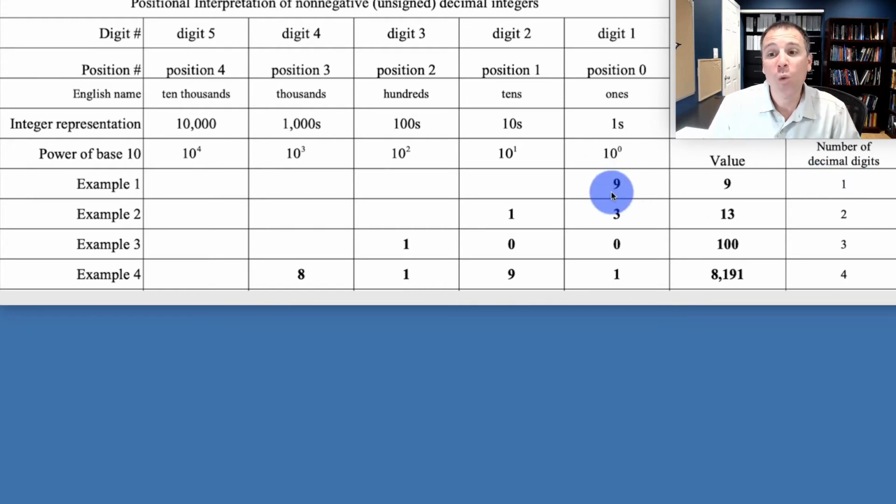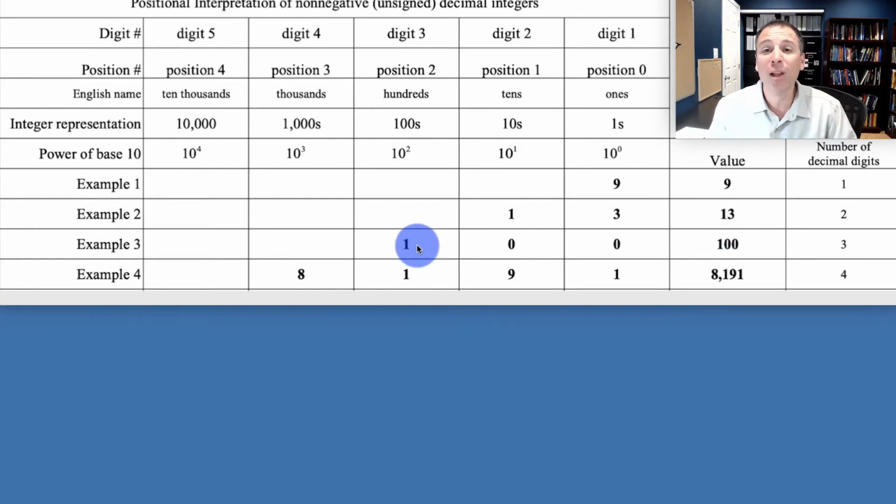So when we had 1 decimal digit, we were only at D sub 0. In other words, we only needed D sub 0 corresponding with 10 to the 0. When we had 2 decimal digits, the largest position that we touched was D sub 1. So this string would be D1, D0. And when we're at 3 decimal digits, we actually go up to D2. So notice 1 goes to 0, 2 goes to 1, 3 goes to 2. The 4th example where we had 4 decimal digits, we only got up to the position in the 3rd place, or the 3rd power of 10. So 4 goes to 3.